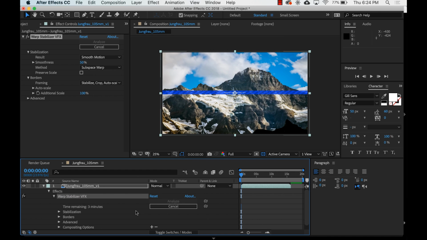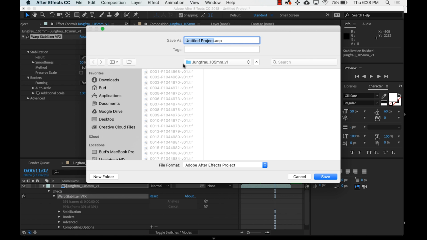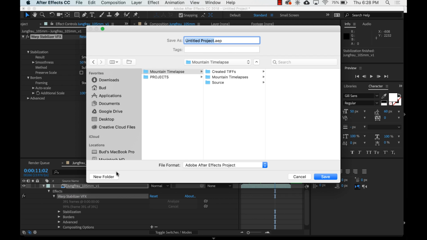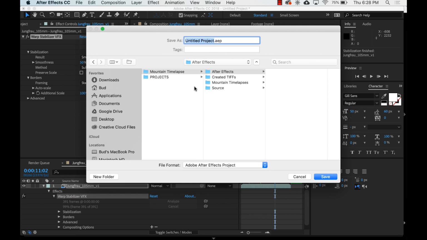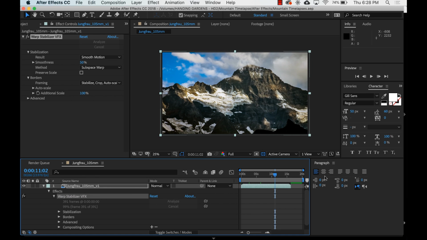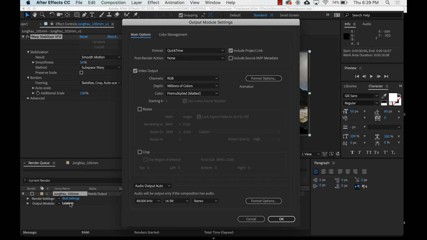At this point, it's time to export your MOV from After Effects. But first, go ahead and save your After Effects file so you can go back and make changes should you need to re-export your MOV in the future. Create an After Effects subfolder within your time-lapse project folder and hit Save. Next, let's navigate to Composition, Add to Render Queue, and set your output settings to QuickTime Format,